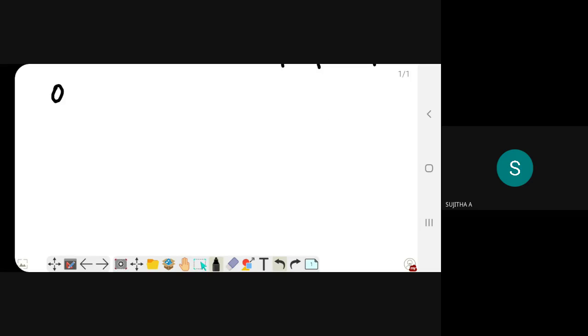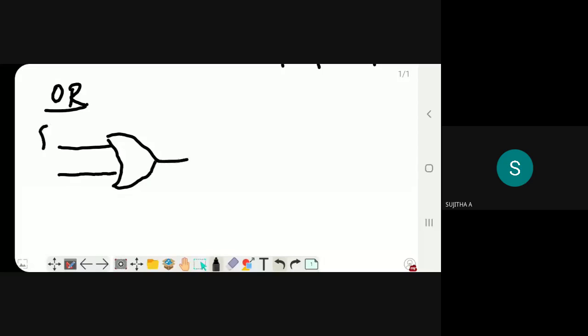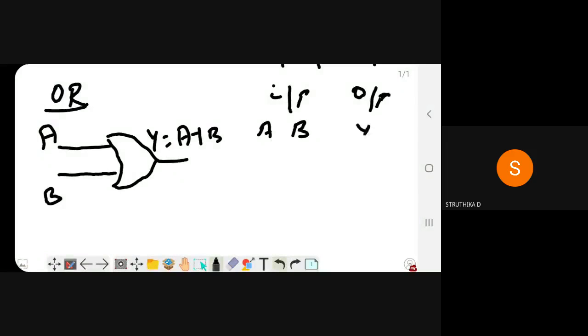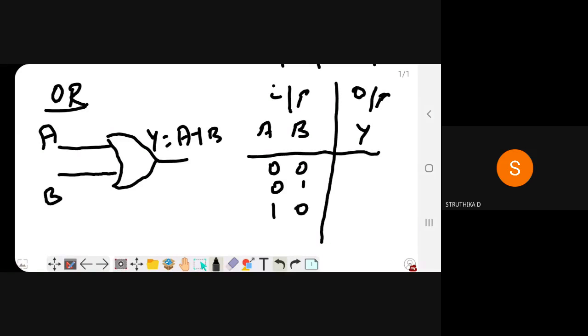Okay. Next we are going to see about the OR gate. With inputs A, B, what is its output? A plus B. So in its truth table, the input side is A and B, and the output side is Y. The same four possibilities: 0 0, 0 1, 1 0, 1 1.